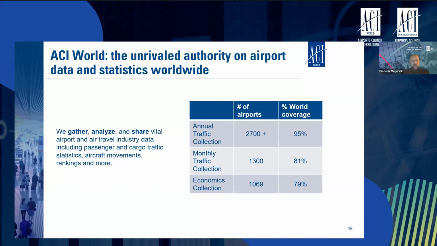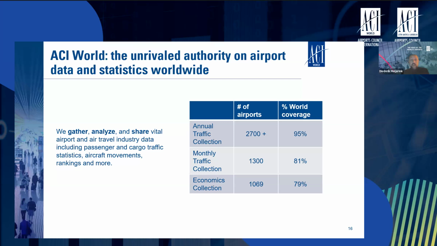the statistic that we collect from airports has a very good sample size. So the annual traffic collection is coming from more than 2,700 airports and represents a world coverage of more than 95%. Now, this is coming from the surveys that we send out to airports, the ICAO/ACI survey. We collect data, we receive it back from airports, we validate it, and we store it into our traffic database that will enable us to make the reports for the World Airport Traffic Report, for example,